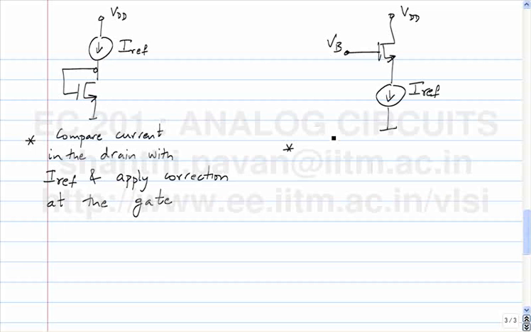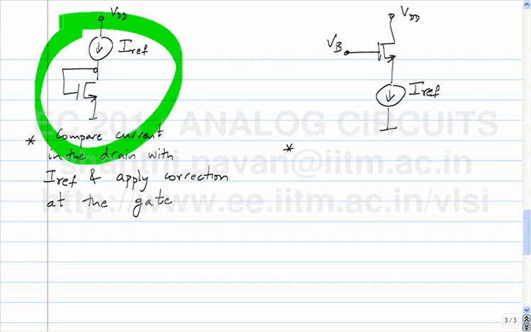And we realize that there are two ways of measuring current. One is through the drain, one is through the source. So the first example here compares the drain current to the reference current and goes and kicks the gate in the appropriate